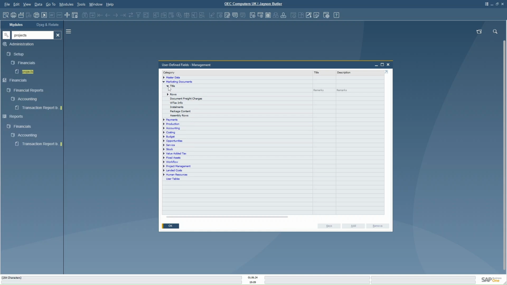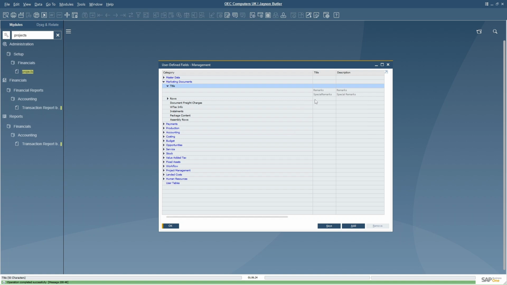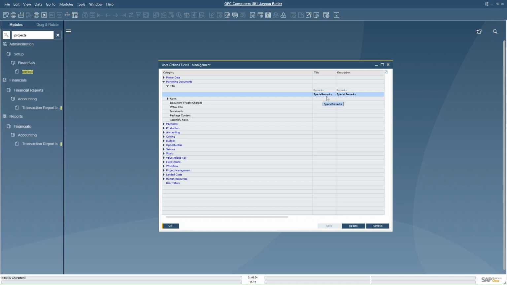Under the title we will create new, so we will select the title, click on add, give the title name, the user defined field name, so I will keep it as special remarks, description special remarks, and define it as alphanumeric and text. The moment I select the text option, the length will not be visible. So now the UDF is created under the marketing document title with the name of special remark.